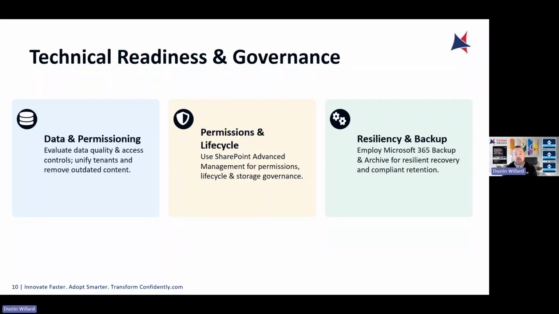We can also get people AI ready right up front using SharePoint Advanced Management, or SAM. We can use restrictive access control. That tool allows us to give the power of permissioning back to the IT admins. So you can imagine you have an HR site, you give ownership to the HR director.